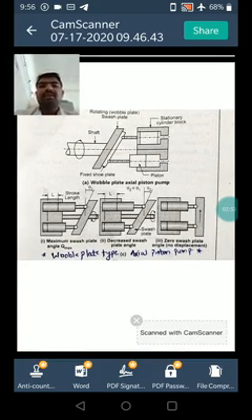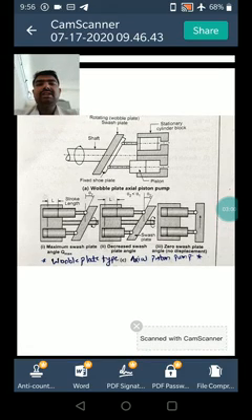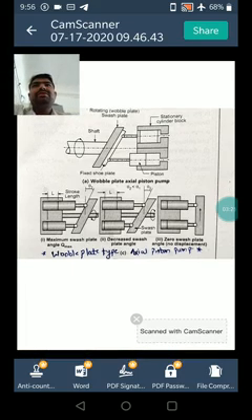Now we'll see the wobble plate type axial piston pump. In this pump, the cylinder block is stationary while the swash plate is driven by the shaft. The rotating swash plate is called the wobble plate. The shoe plate is prevented from rotating. The swash plate rotating on the surface of the shoe plate generates reciprocating motion of the piston. The swash plate is also known as cam plate when stationary.